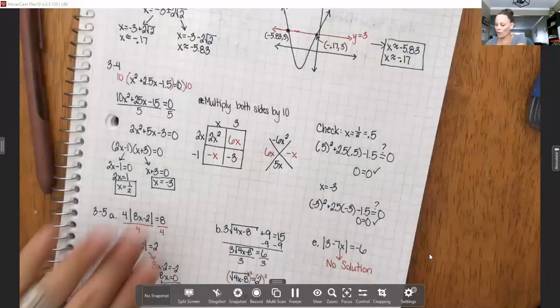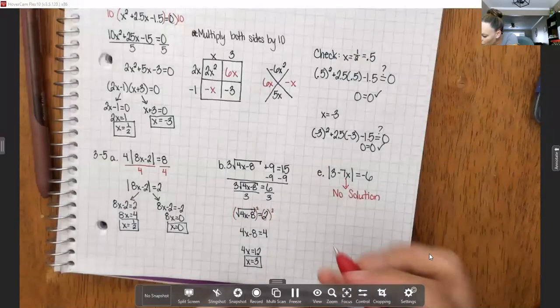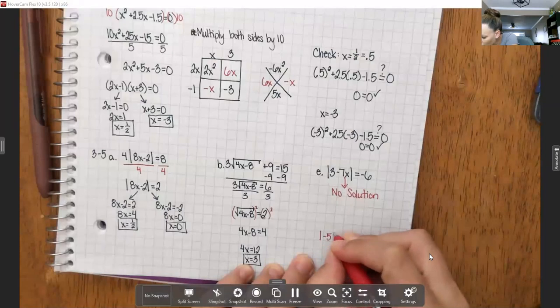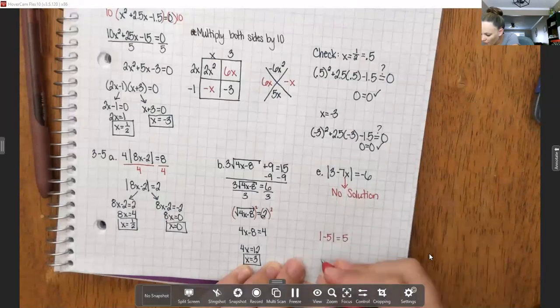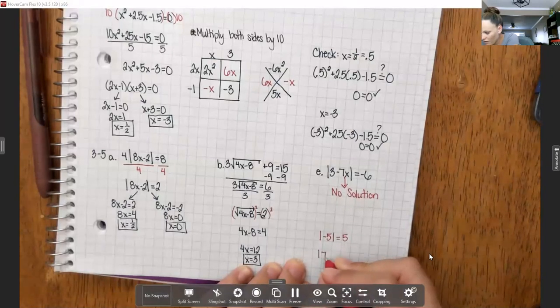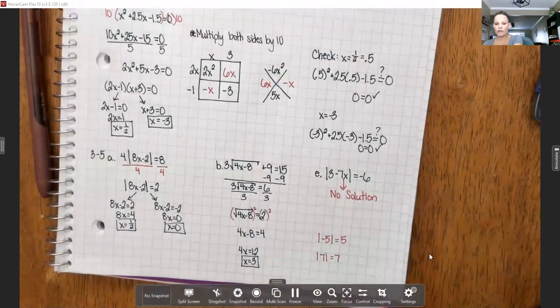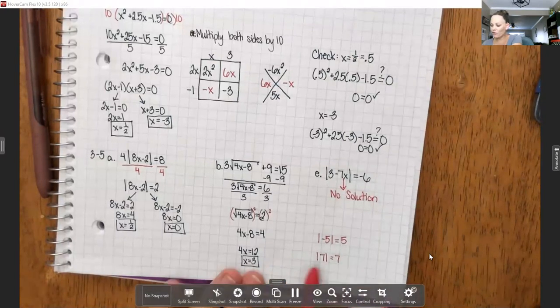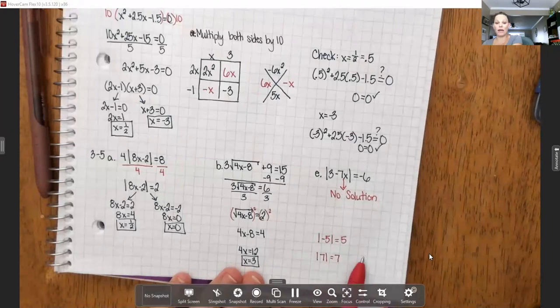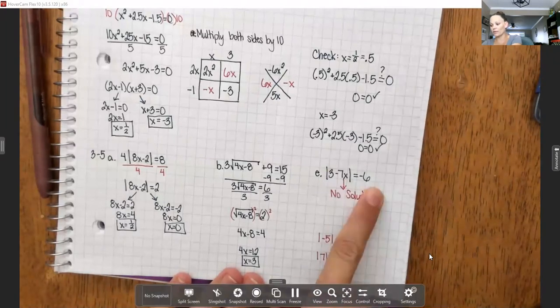Let me just share this real quick. If I had the absolute value of -5, that would equal 5. If I had the absolute value of 7, that would be equal to 7. Absolute value is never going to give me a negative number. So since this says the absolute value equals -6,